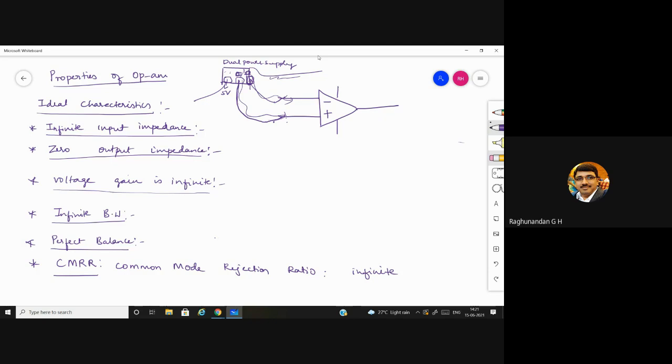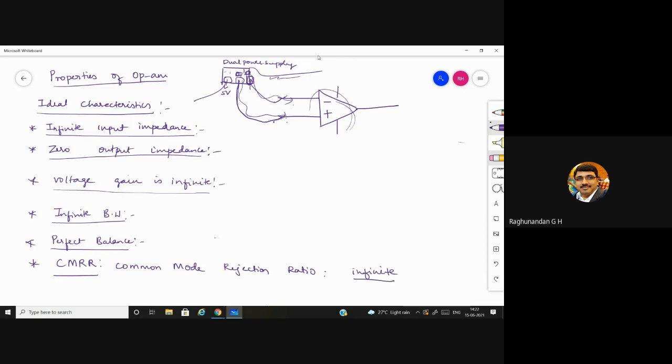And because of that only, finally we'll have some offset voltage also that we'll discuss later. So the capability of an op amp to reject such common mode signals is known as common mode rejection ratio. This is the general way of telling the capability of an op amp to reject the common mode signals. That means even though some unwanted signals are coming, this op amp will not accept it. It is not going to allow that current to enter inside this op amp. So that is common mode rejection ratio.